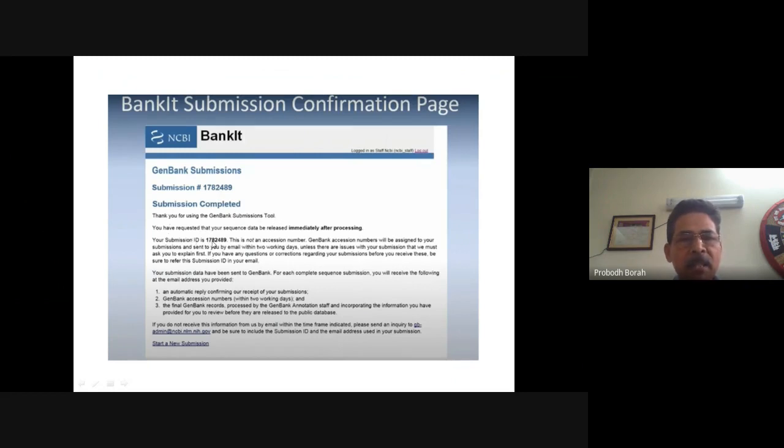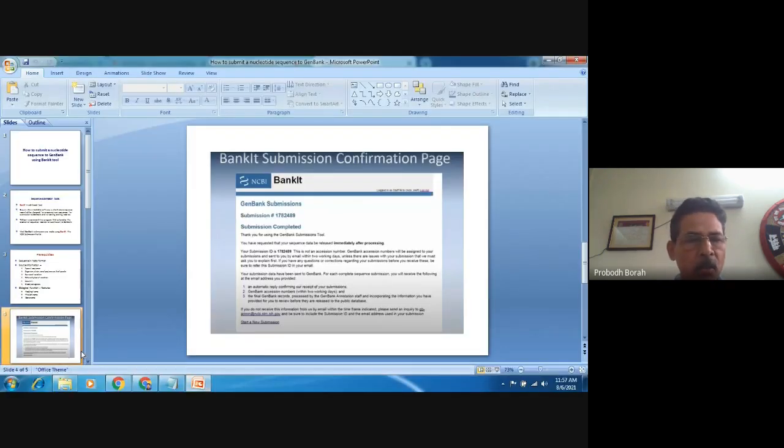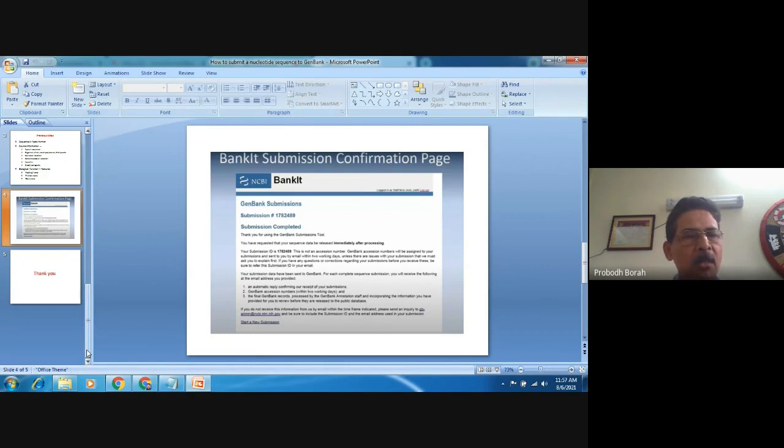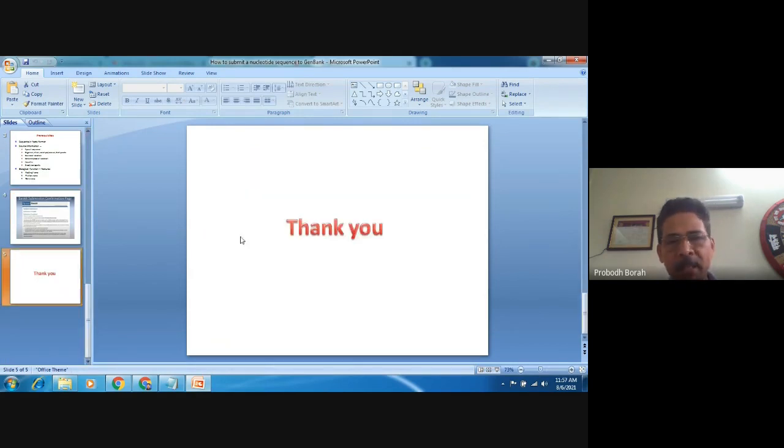Your submission ID is such and such. All this information has been given, and an email has also been passed on to your registered email ID. If you click on that, then you can obtain the sequence information that has been submitted to GenBank. But we will not go for that today because we do not want to submit it really.